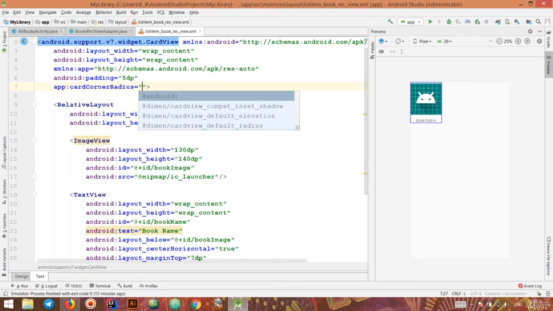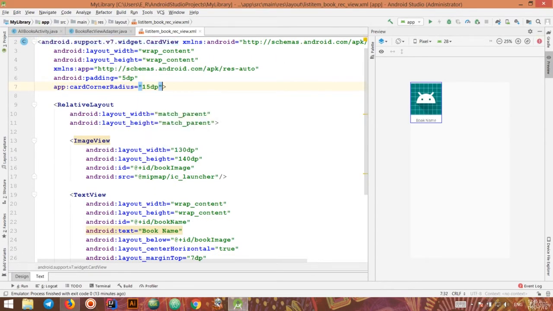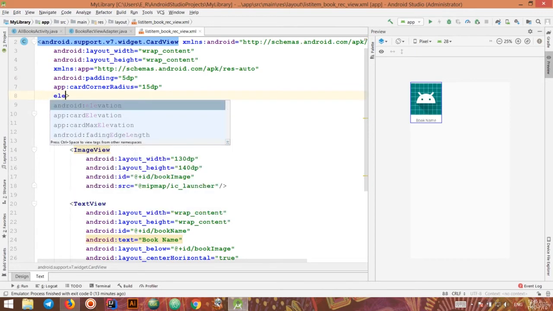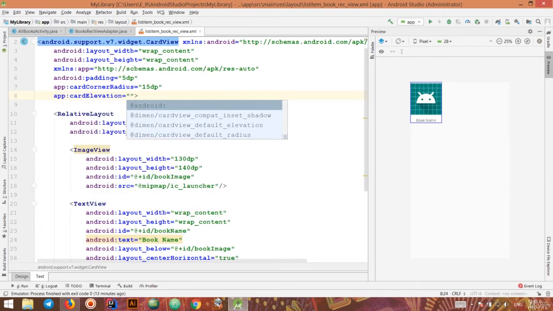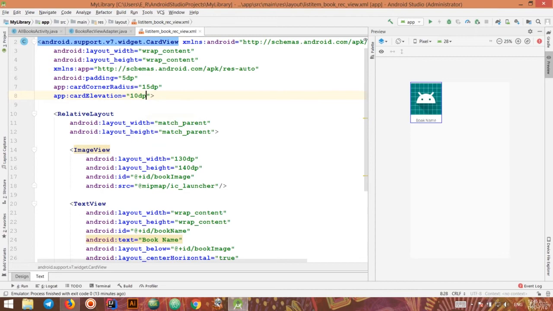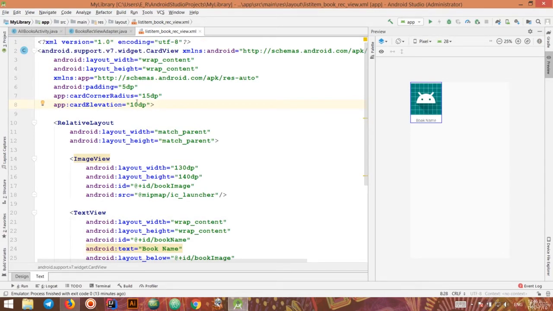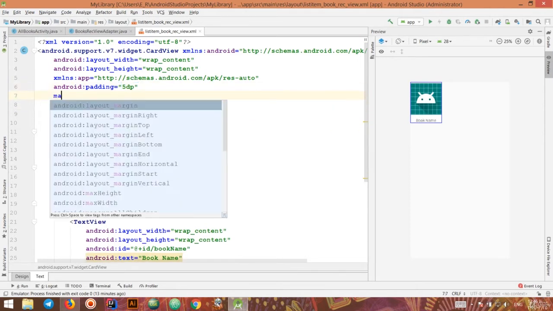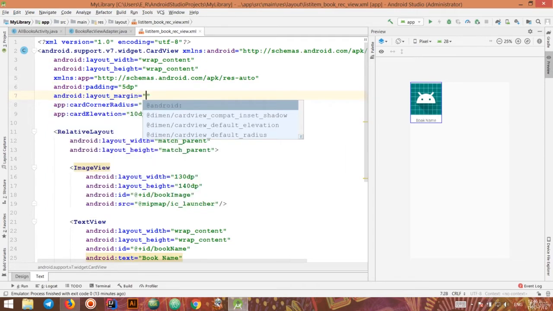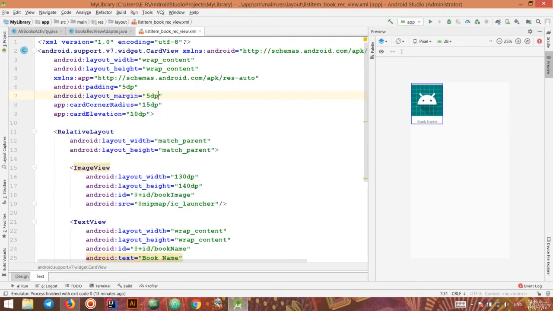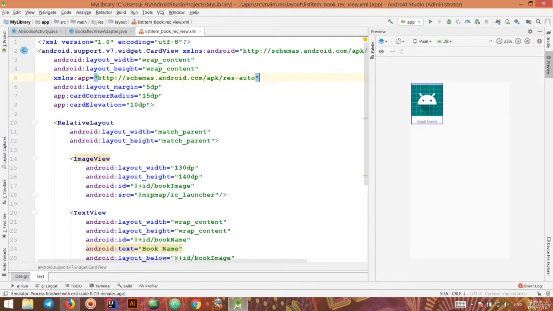I can say, for example, 15 dp and a card elevation, for example, let's say 10 dp. We will see what those are when we run our application. For now, I'm not going to explain. Also, let's add a margin in here. Let's say 5 dp. I don't think I need this padding, so let's leave it. Now, if I run my application,